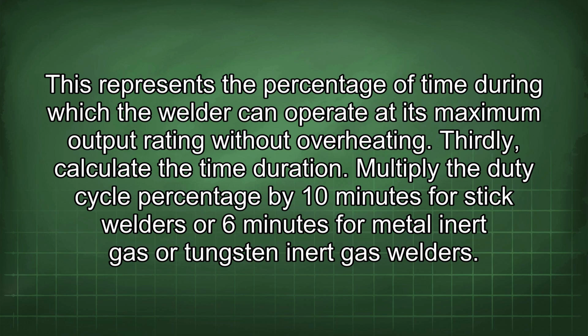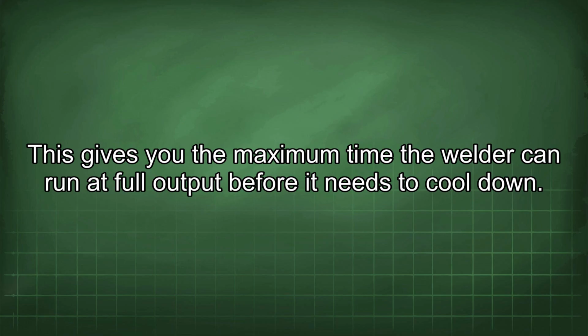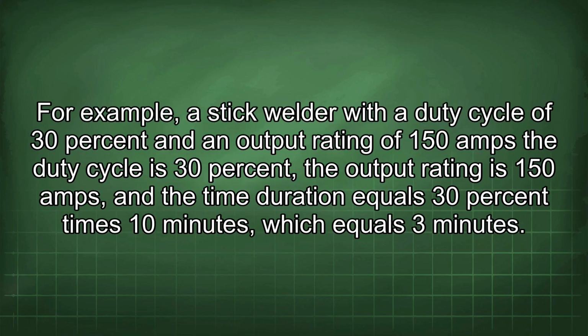Thirdly, calculate the time duration. Multiply the duty cycle percentage by 10 minutes for stick welders or 6 minutes for metal inert gas or tungsten inert gas welders. This gives you the maximum time the welder can run at full output before it needs to cool down. For example, a stick welder with a duty cycle of 30% and an output rating of 150 amps,